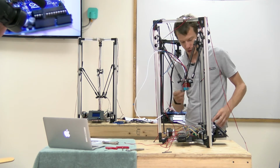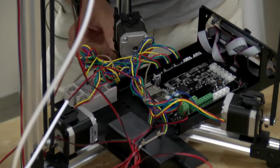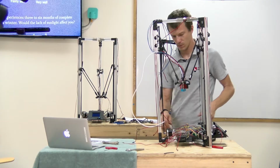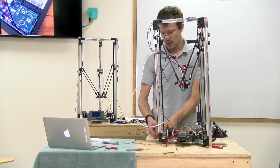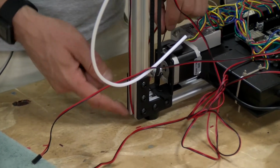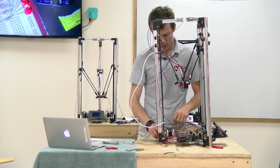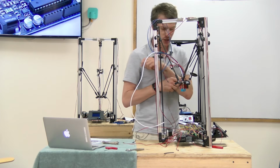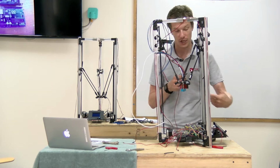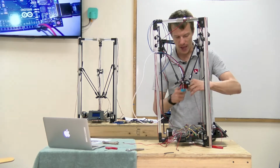I'm going to fish through the remaining 2 end stop switches. When you're routing wires, just be careful that nothing gets cut on any of the edges or broken. The metal can be a little sharp, and if you drag the wire along the edge, it could shear off the insulation and actually be shorting out onto the metal frame. Okay, so the end stops